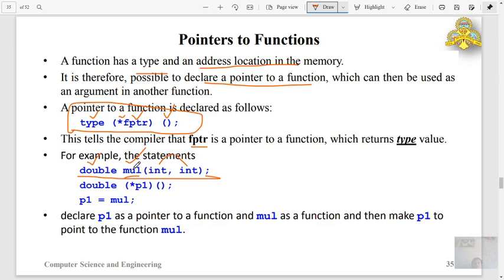Now for this function I will create a pointer like this: star p1 enclosed within a pair of parentheses and again one blank pair of parentheses, and the address of the function is assigned to the function pointer p1, like this.